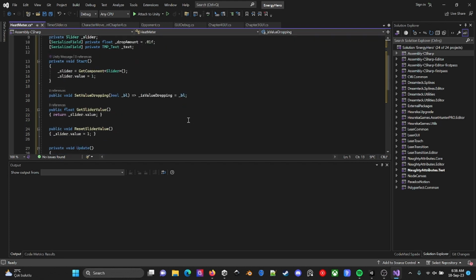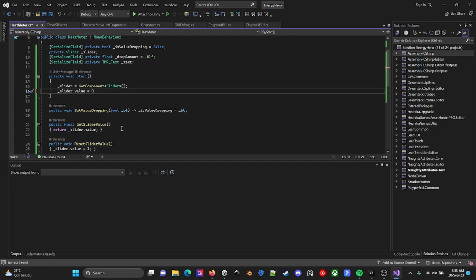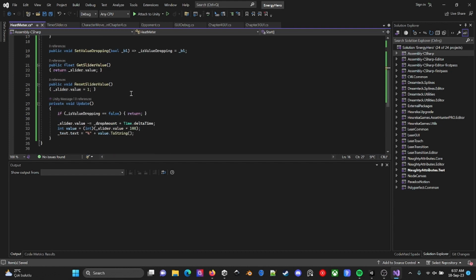Heat meter should start with the value of 0 in the beginning, and if the value is not 0, then it can drop.